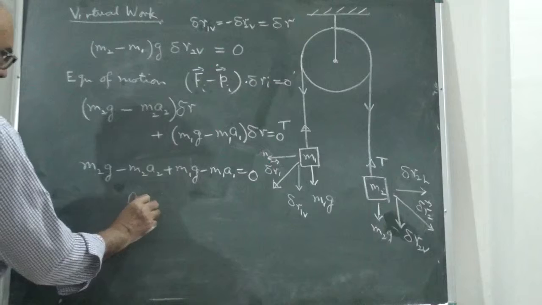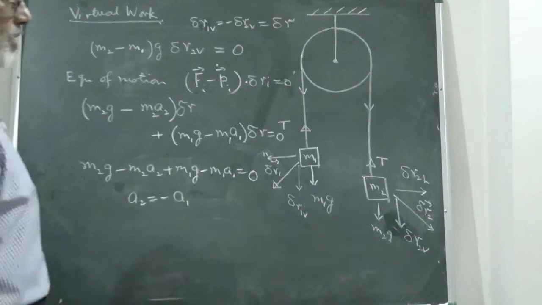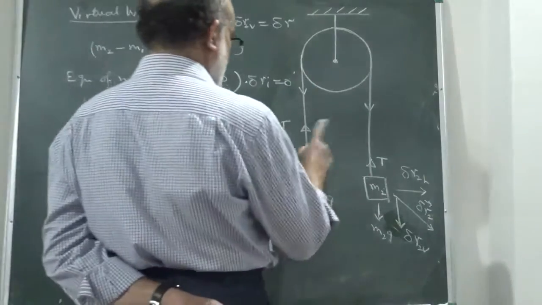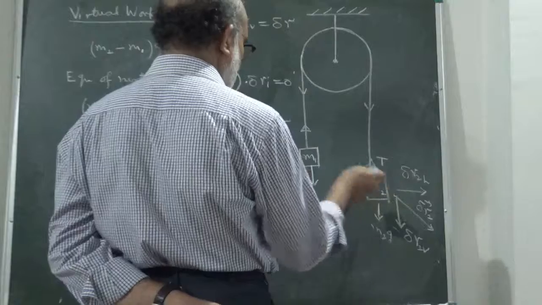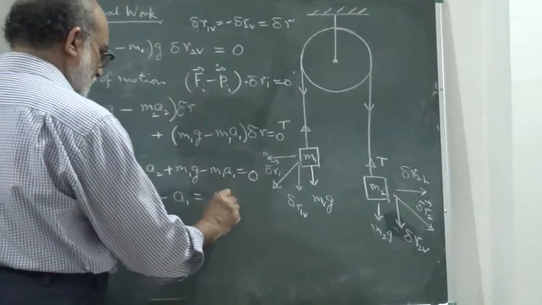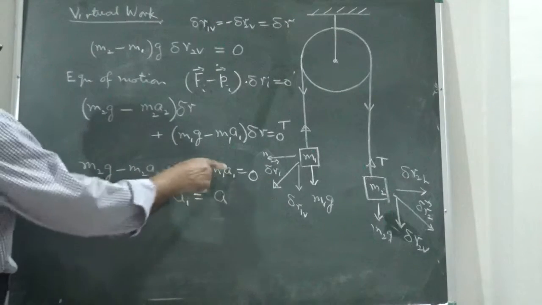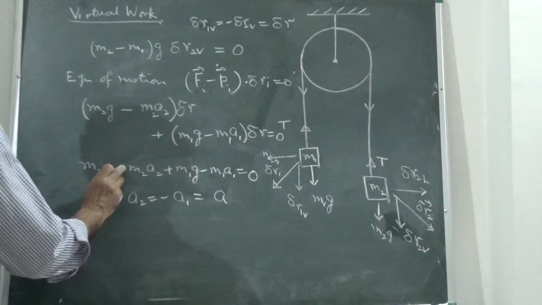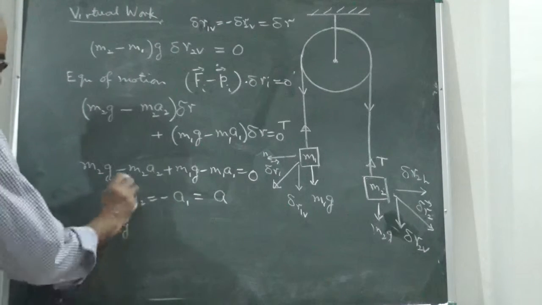Now A2 is equal to minus A1, because they are connected by the same string. The accelerations of this and this will have the same magnitude but in opposite directions, so the magnitude is A. So A2 is also A and A1 is also A. So we can write M2G minus